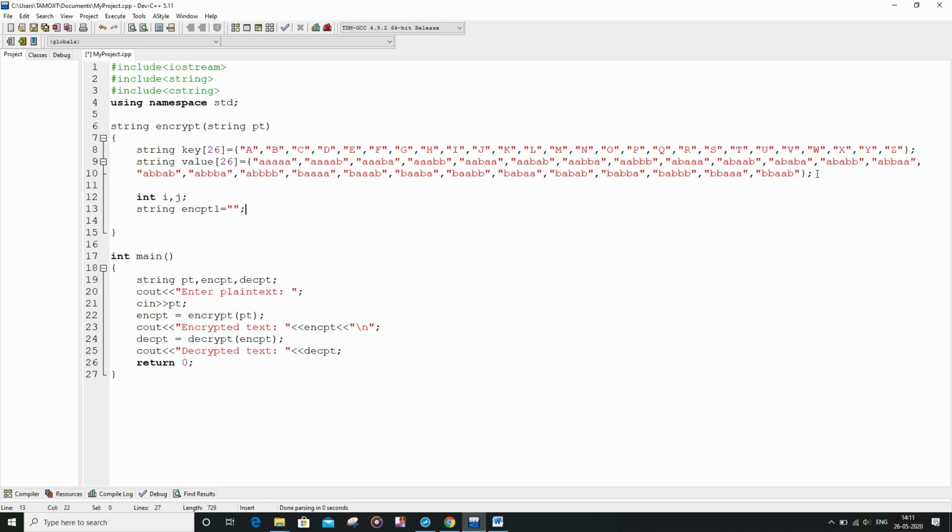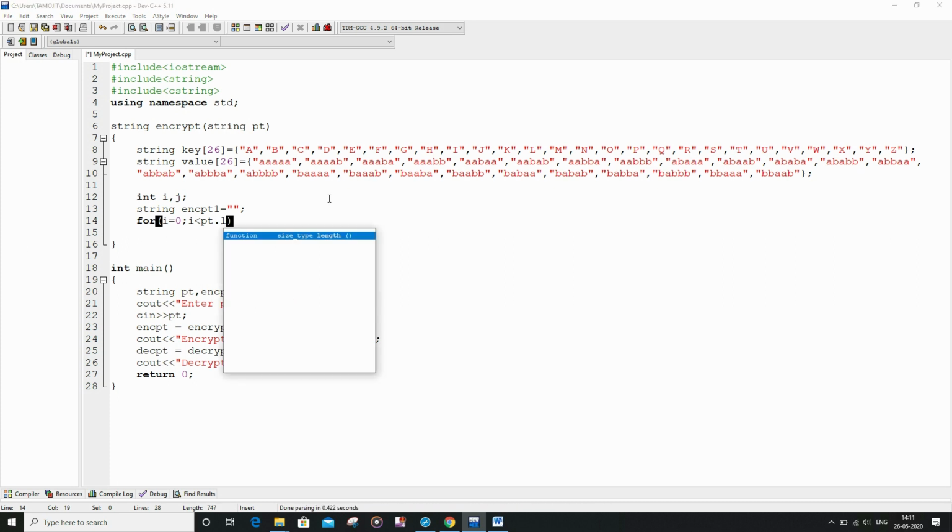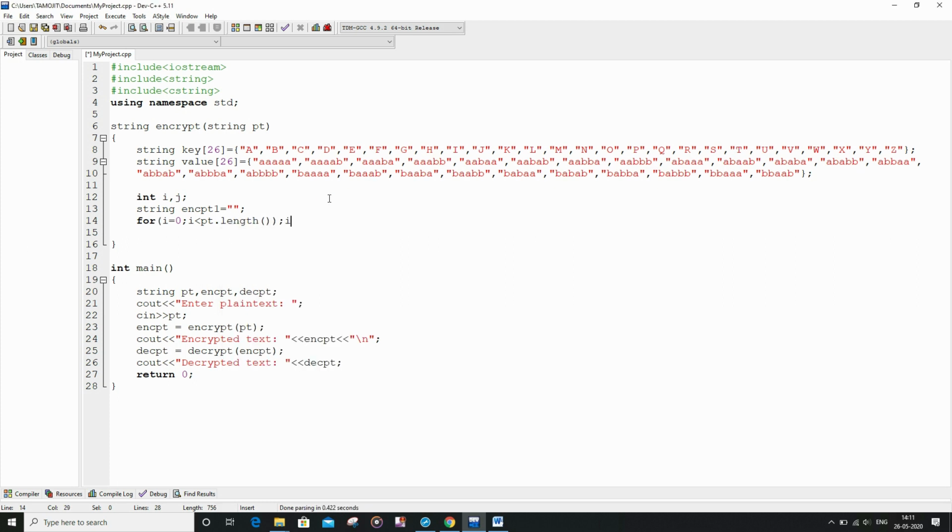And now we are going to run two nested for loops. First of all, the for loop for the first part will consist of the counter variable, that is i equal to 0, i less than length of the plaintext variable, pt.length, i plus plus.